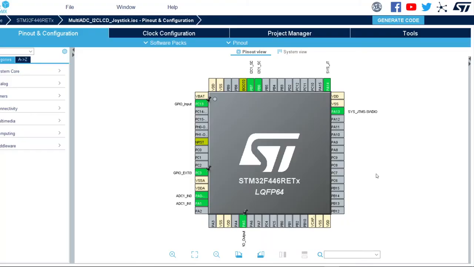So welcome. In this video, we'll be working on the LCD with an I2C interface and a joystick module. Basically, we want to control the characters displayed on our LCD using a joystick. So with this